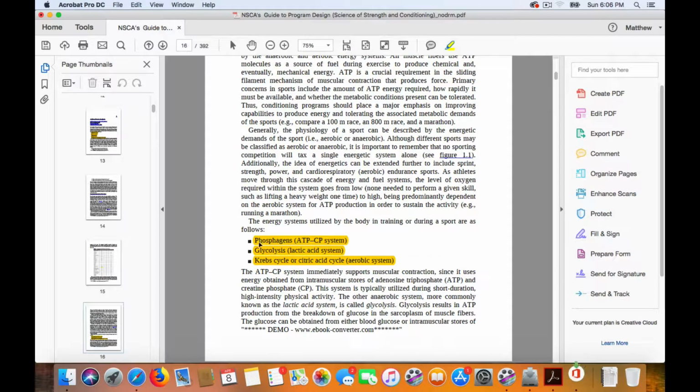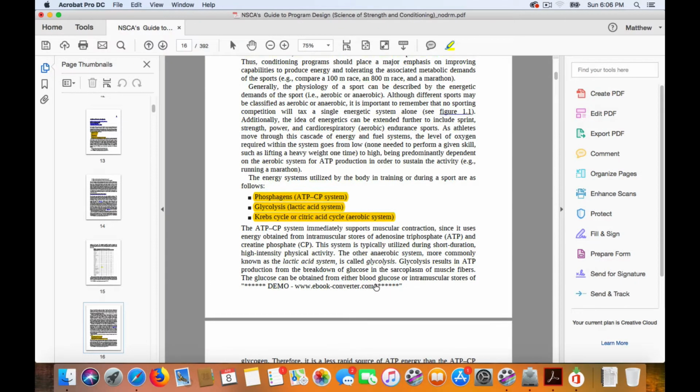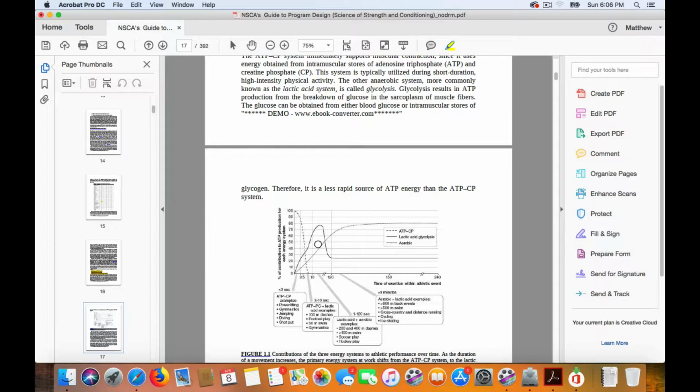So here's the three different systems: the phosphagens, the ATP-CP system, the glycolysis, and then the Krebs cycle or the citric acid cycle. This is the aerobic system and where most endurance sports are housed. So going through those, here is where you're going to have the crossovers of the different energy systems. So here's the time of exertion within the athletic event. And then here is the overall energy of each. So, you can see the